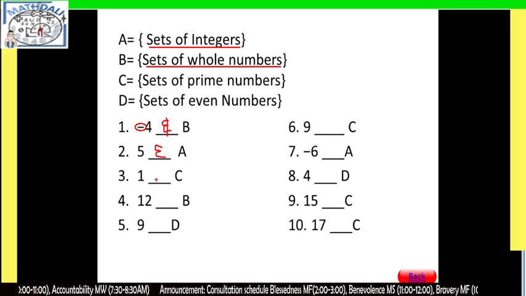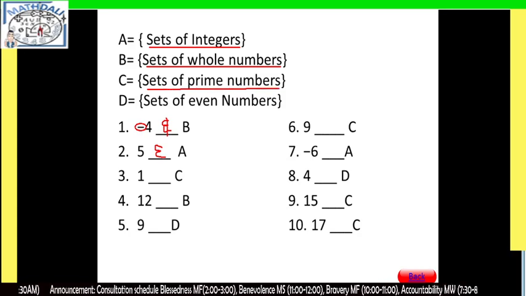The next, number 3. 1. Do you think 1 belongs to set C? Wherein set C are set of prime numbers. When we say prime numbers, these are the numbers that has no other prime factor except 1 and the number itself.